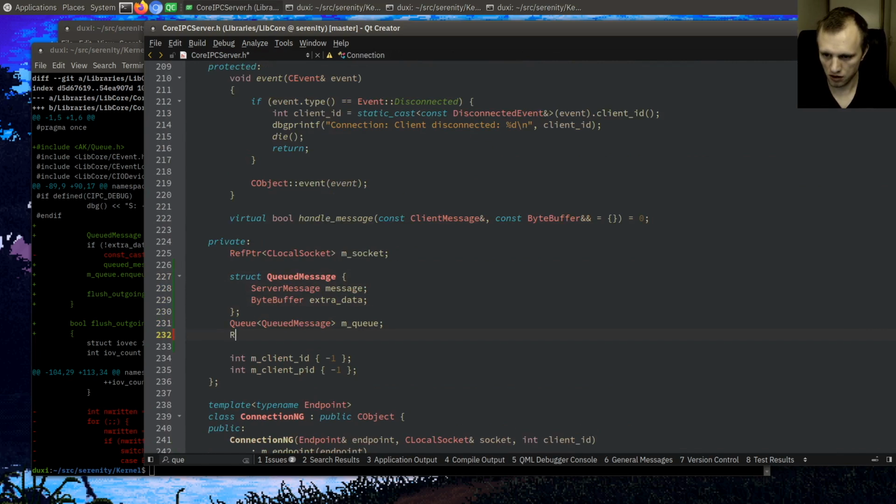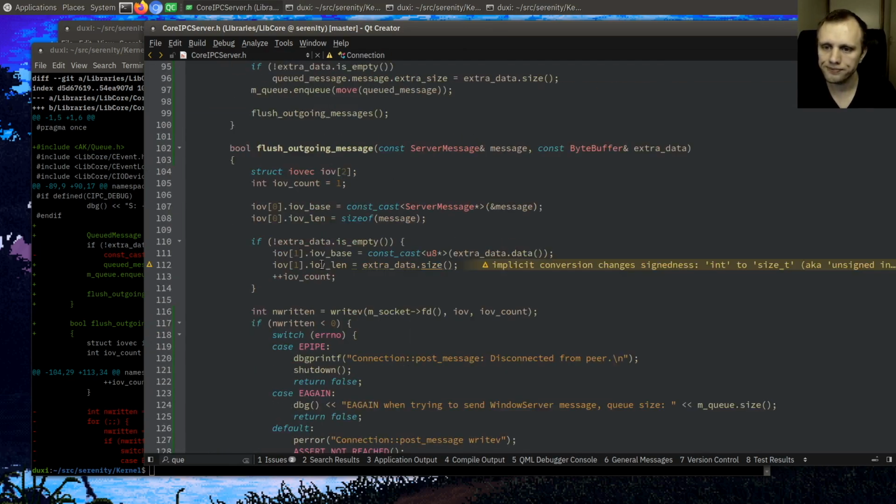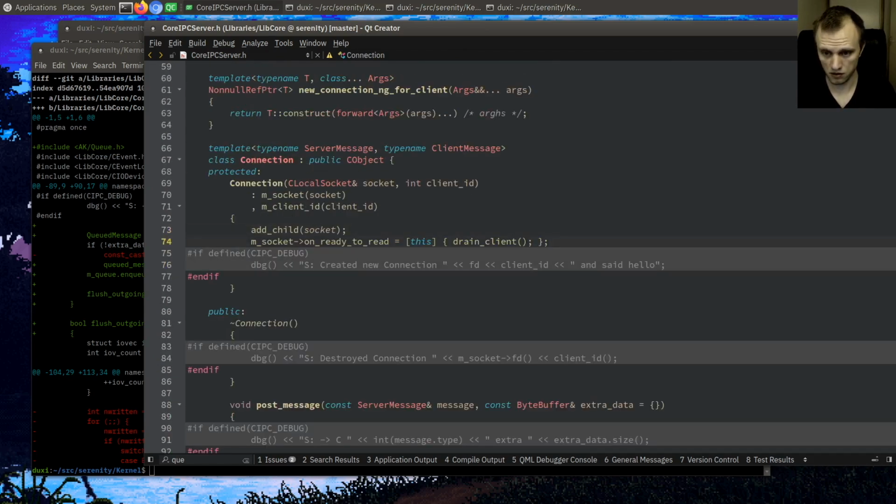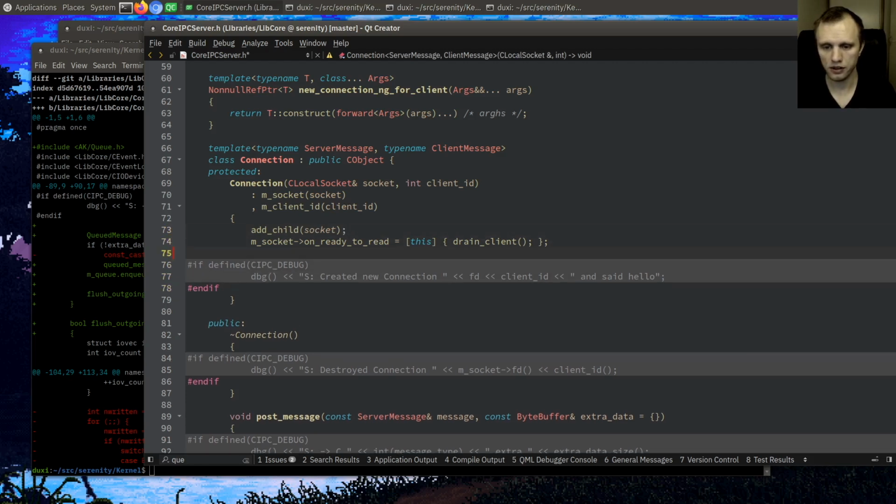So Core::Notifier will tell us when a file descriptor becomes readable or writable. And we'll make a flush notifier, and we'll put here m_socket_flush_notifier, sorry,